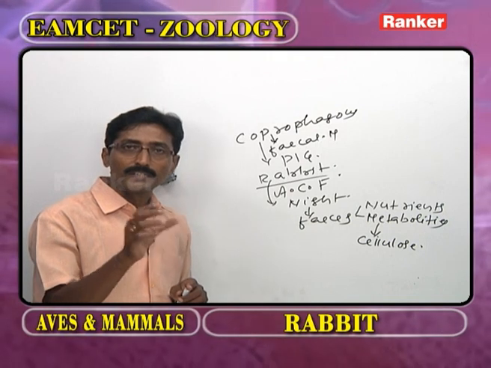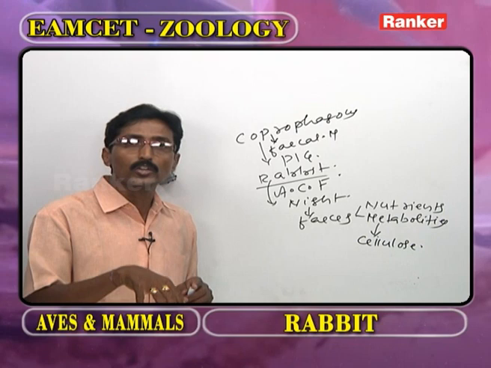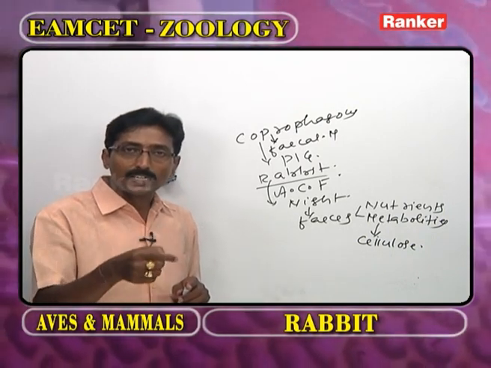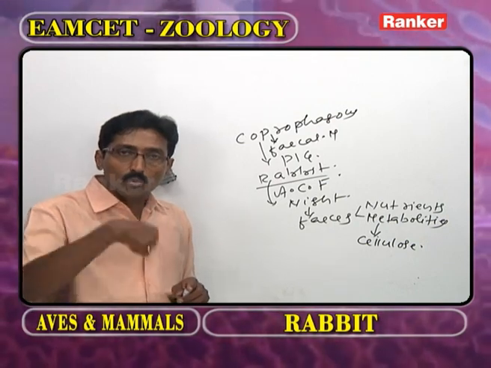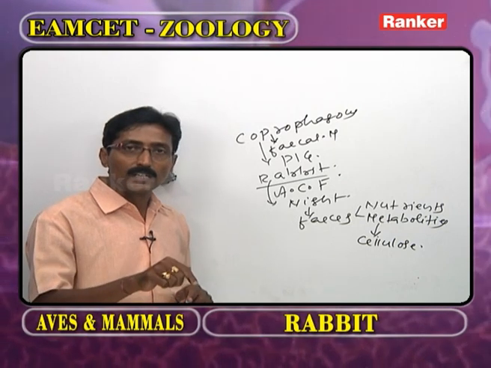These metabolites and nutrients are responsible for the digestion of cellulose. So, it eats the fecal matter of its own during the night time. As it eats its own fecal matter, it is called